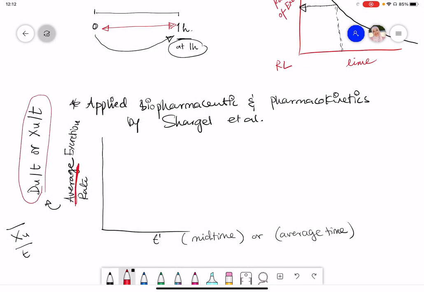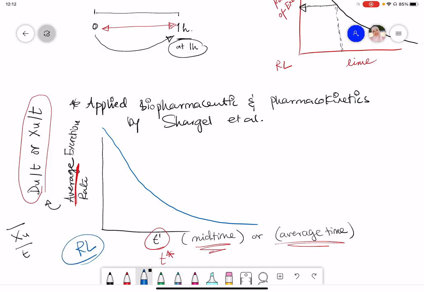So you may have it as this versus t prime or like this, or T star. The profile, if you are doing it, will be the same. It will be a rectilinear, mono-exponential decreasing profile. And the same thing if you have it on semilog, log transformed, as we just drew them. But the y-intercept, we will use it to estimate,